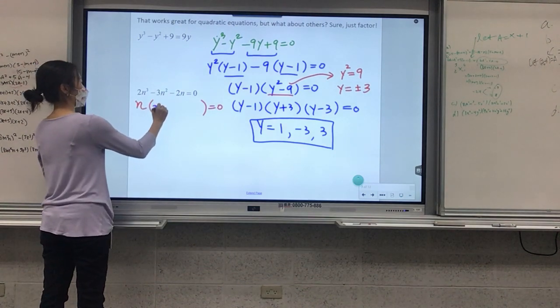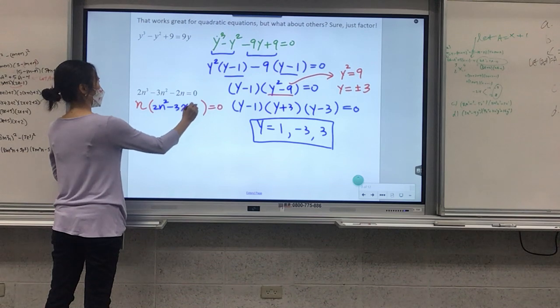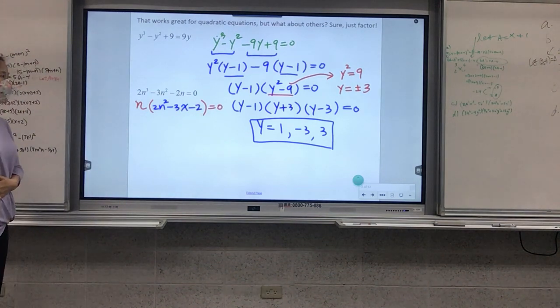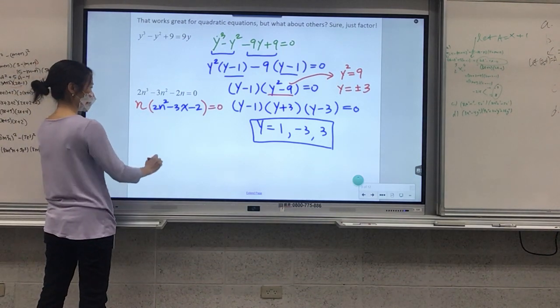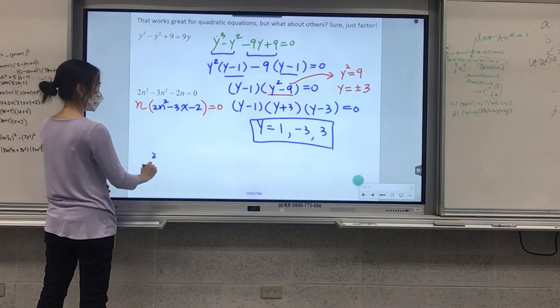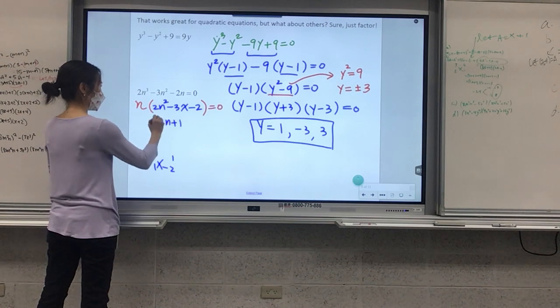So what's left will be a quadratic. All right, factor this. 2, 1, 1, 2, 4. Right? So 2 and